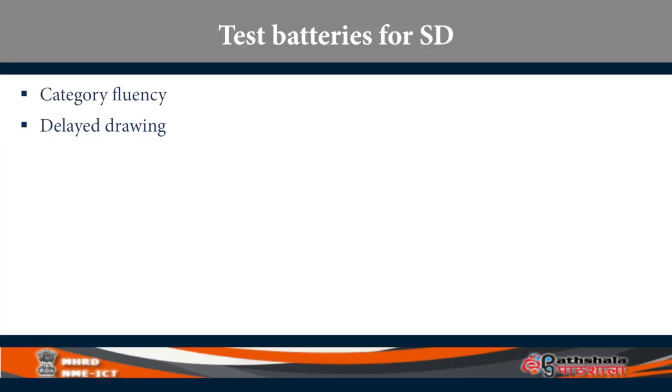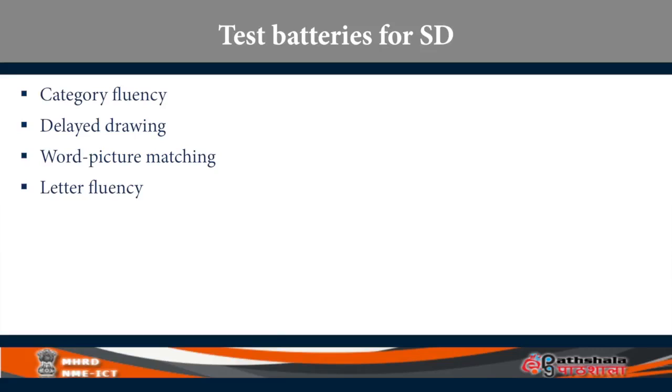I will show you that picture a little later on about the results of delayed drawing in the case of semantic dementia. Word picture matching, letter fluency. You say, I will give you a letter F. You name anything you know about, any word that starts with F, quickly. I am looking at my stopwatch, name. Then you give A, name, S,